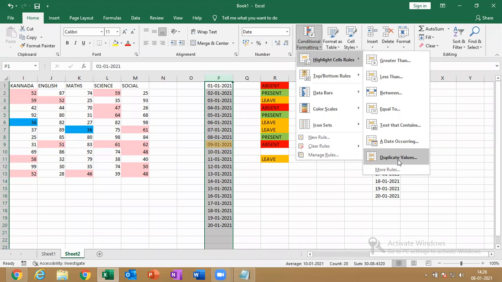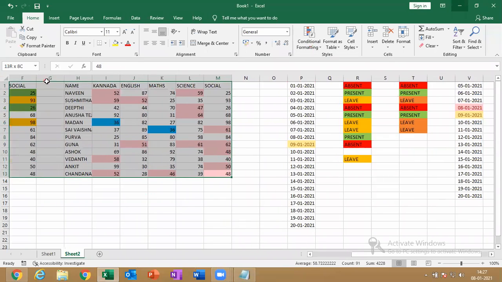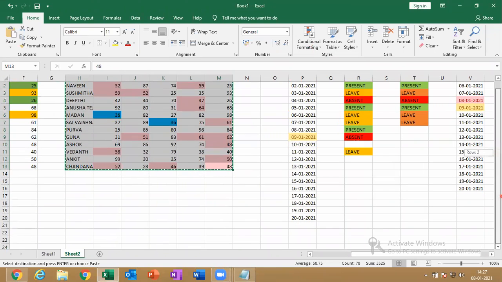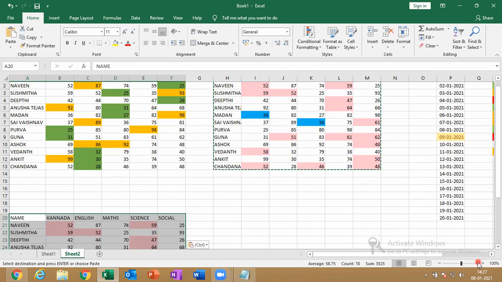Good. Next we are going to do duplicate values. So select all this table again, Control C, come down, just paste it here. I think you know how to paste like this.